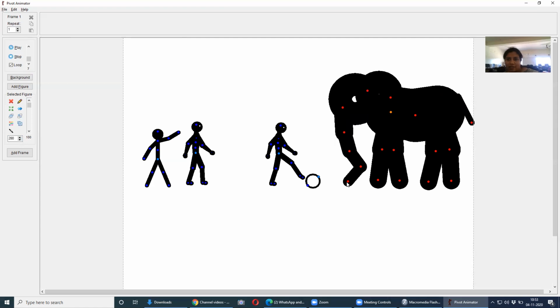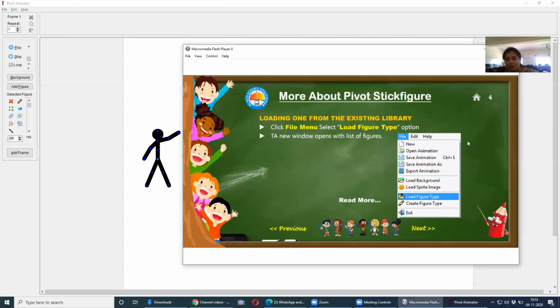And now I will make our elephant kick the ball. Isn't it looking interesting, as if the ball is being kicked either by the man or the elephant? This way you can create your own stories.